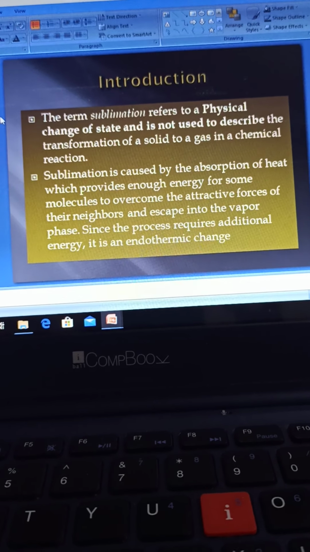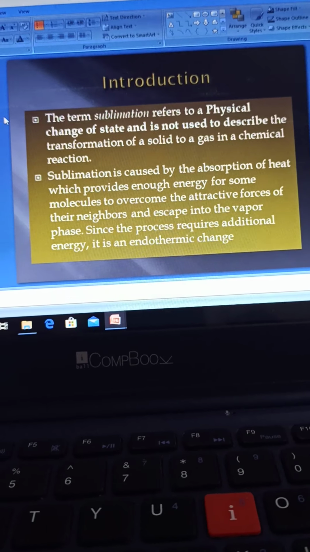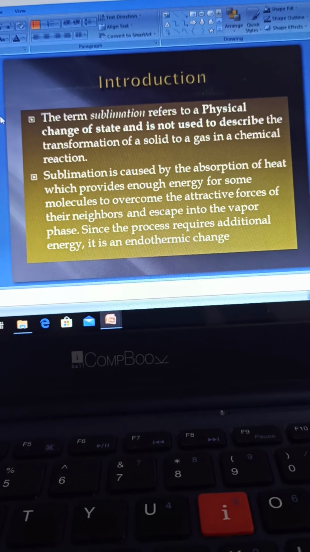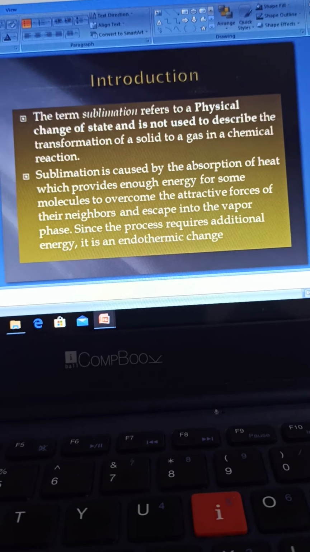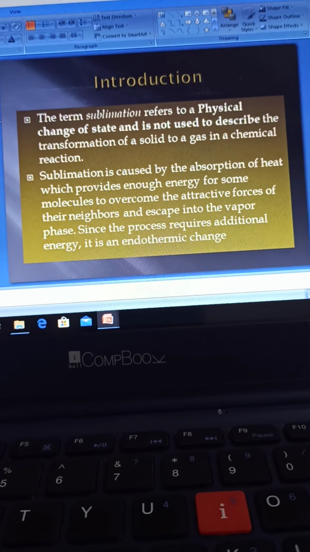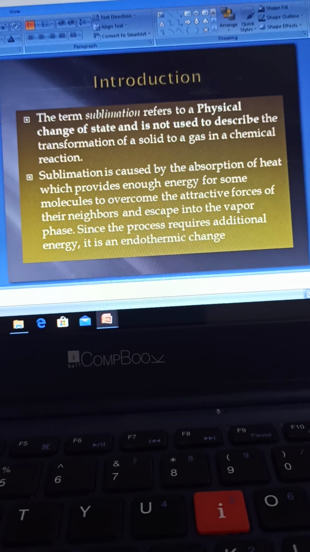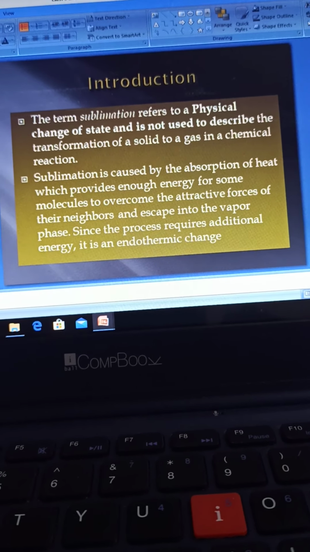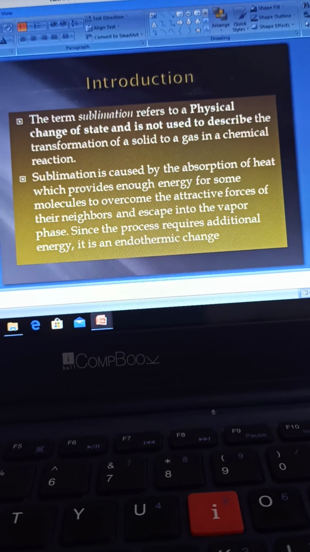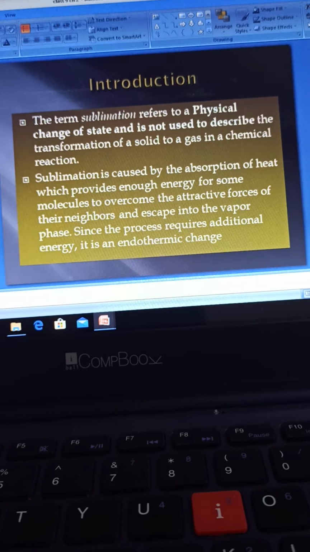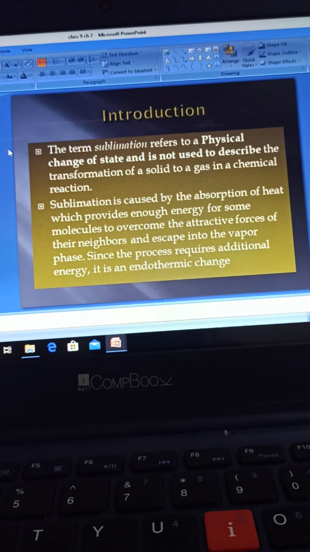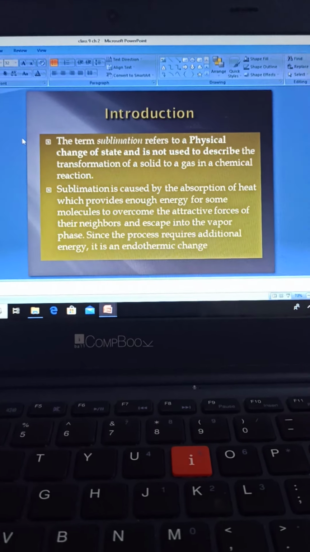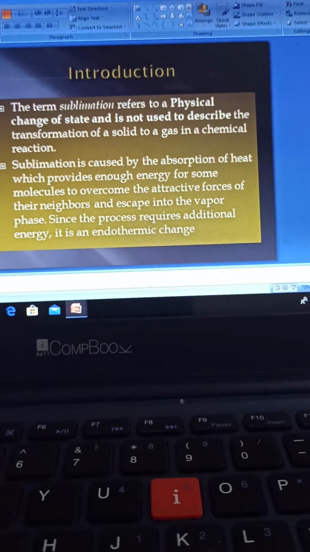Because when the particles, the molecules of the mixture, absorb the heat, their bonds break. When the bonds break, the attractive forces break, what will happen? They become free to move. In solids we studied the property that the particles have very strong attractive forces. But on getting more heat, their attractive forces break, and hence they directly convert into the gaseous state from their solid state. And we know the property of gaseous molecules, that they are completely free and do not have strong attractive forces among themselves. Hence this is an endothermic change, and this is how sublimation takes place.